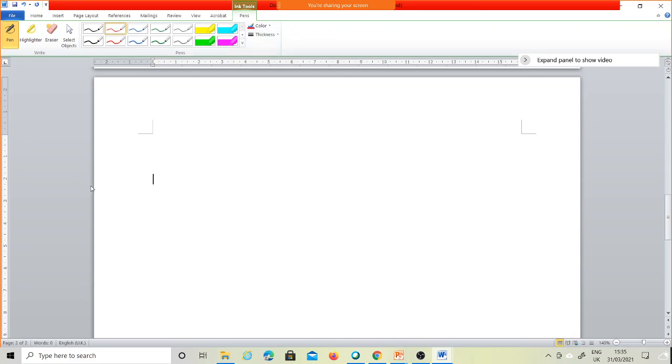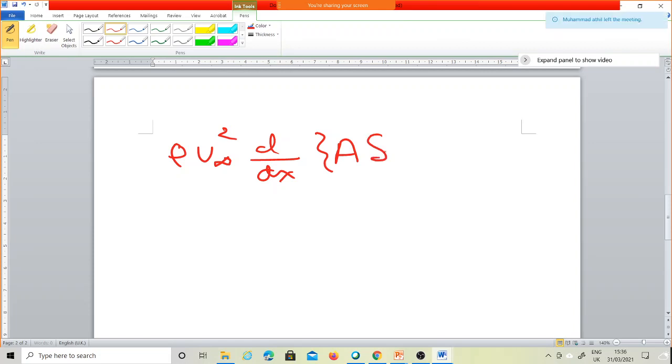So you will get something like u capital U, you can put u infinity, it is better, otherwise you will mix the small u and capital U when you derive. So always try to put u infinity or Us just to make sure that you will not mix up the small u and capital U. So this one is d by dx of theta value, as I said, for an example this is capital A, some constant value you will get, I'm not sure how much you will get. Then you have the delta,